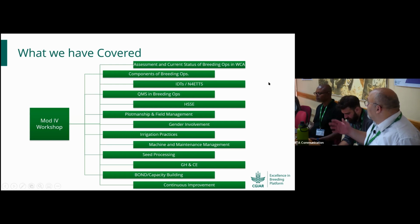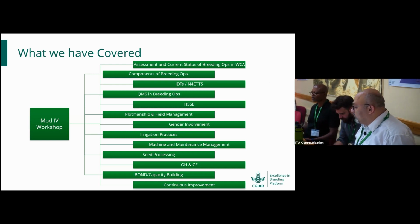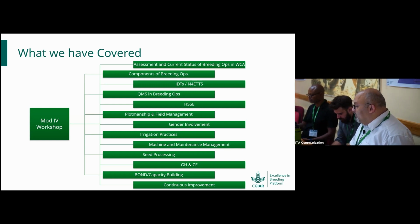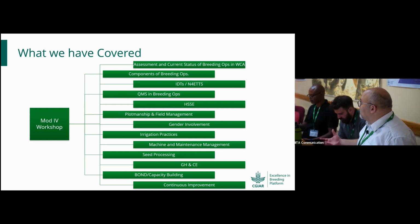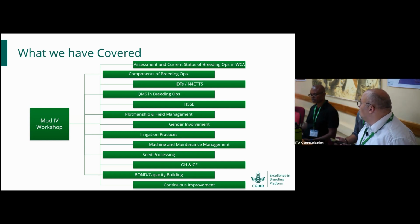Make the principles behind the assessment, how it's being done, where we stand in West and Central Africa. We have developed from our perspective and from the breeder's perspective the components of breeding operations. We have discussed and has been shared with us the IDTs and N4Fs and all the initiatives, as well as the shared services, how we can benefit from them, where we stand in terms of operations,